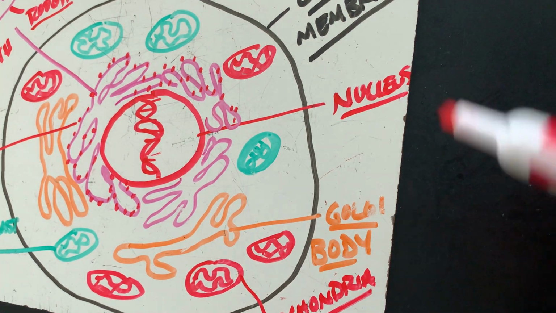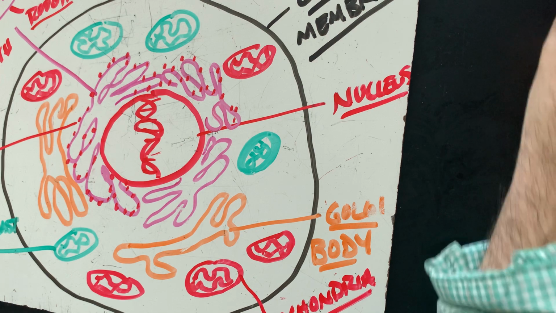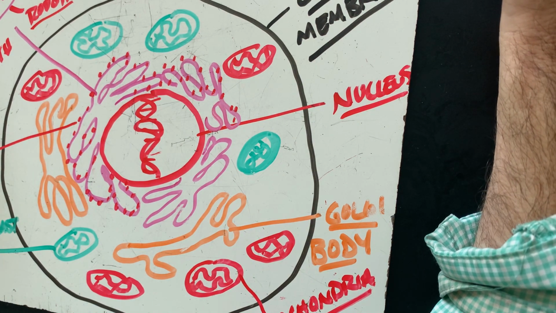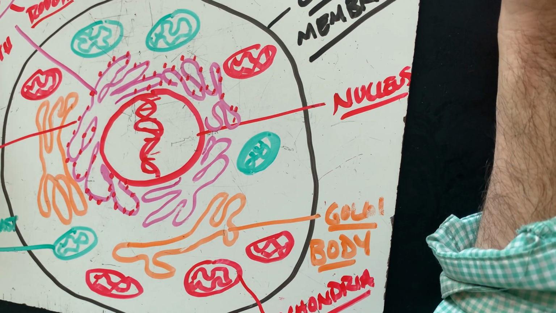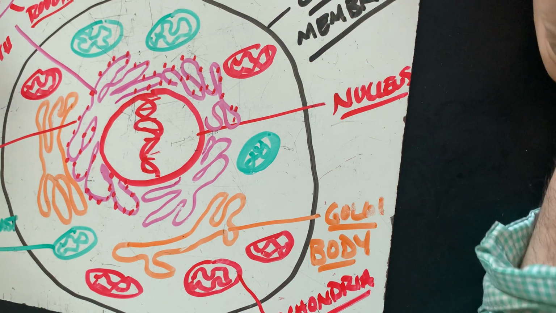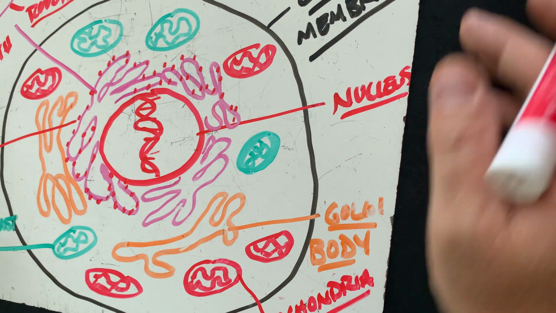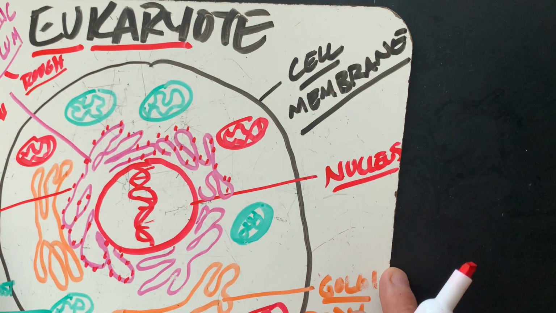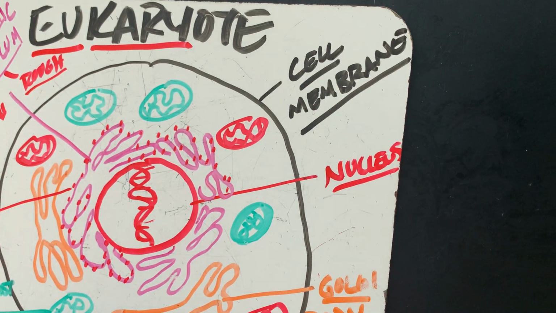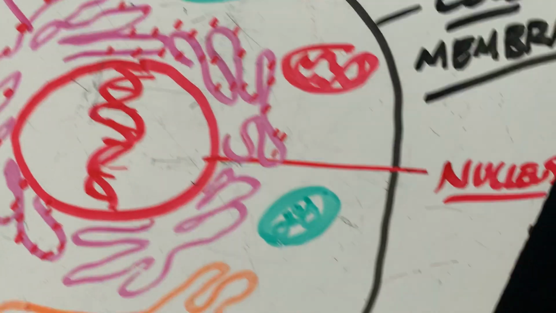Those are the basic organelles that you really need to start knowing and thinking about whenever you start to learn biology. This is a good place to start. There's a lot more going on here than just this, but this is my nice little cartoon version of a eukaryote. Now what we're going to do is draw a prokaryote.